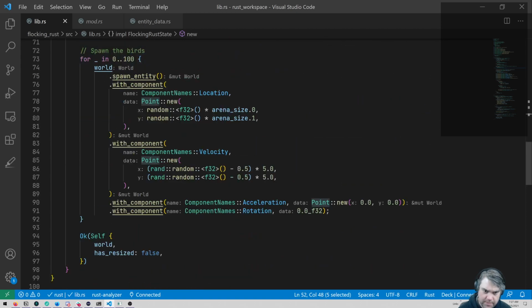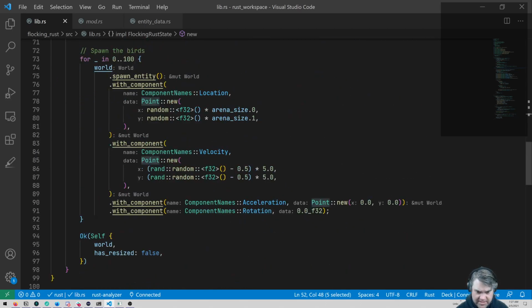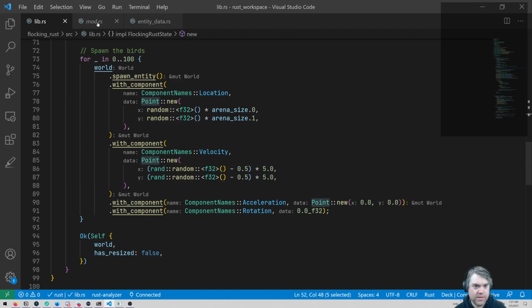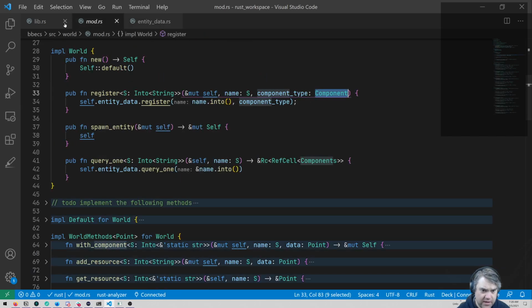Come down here. Then we do with components, point, and then an F32. Okay, so that should be fine, where we're doing it for the appropriate types. In here, it is a point we try to do the insert on, so that's fine.